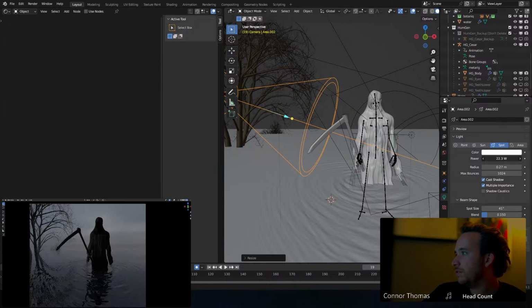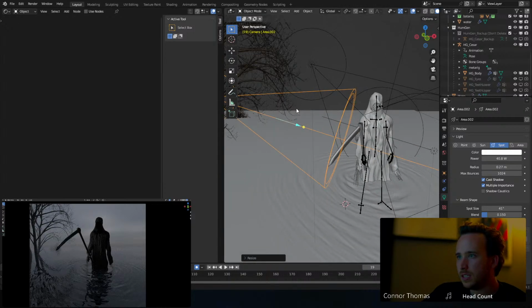If I had the new Blender version, this wouldn't be a problem. Because basically I just don't want to affect the water down here. I only want to affect this blade here. I'm just going to increase that by a bit, and then